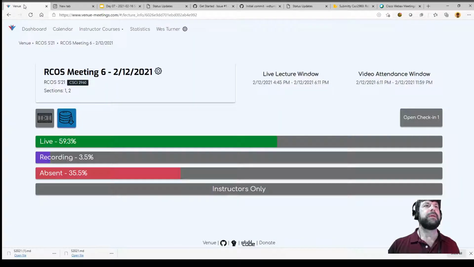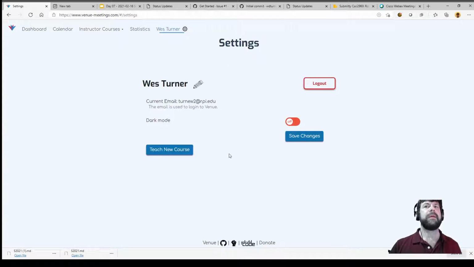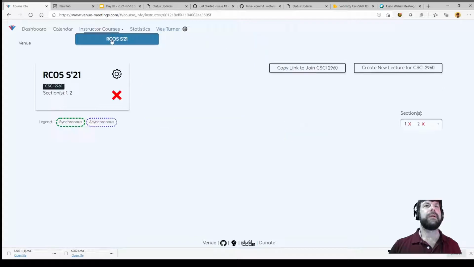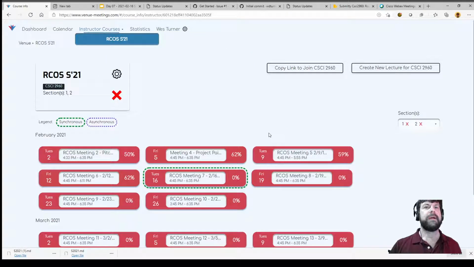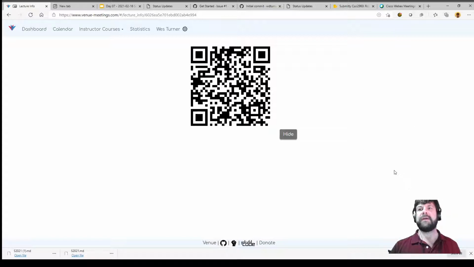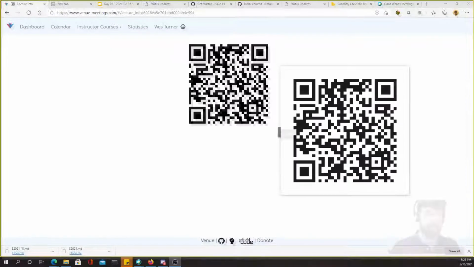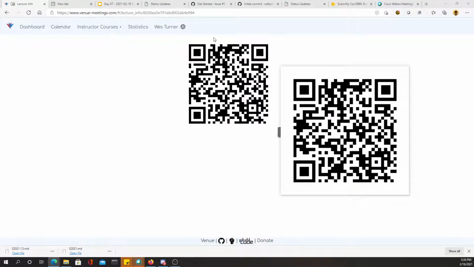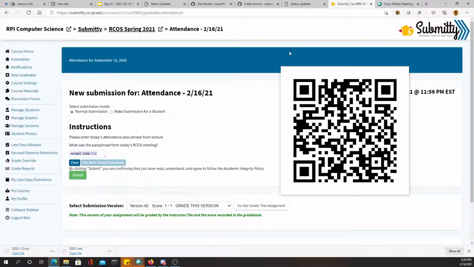Venue. There is the magic form. And there is the Submitty form.